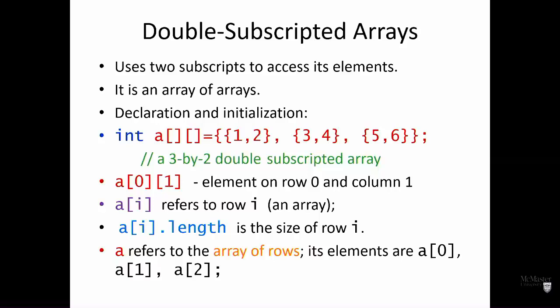Good. So double subscripted arrays. We already have 2D arrays in C, right? The main difference in Java, the main difference we have is, every row of the matrix, you can think of the 2D array of Java as a matrix, or even C. Okay? But the difference in Java is every row you can consider,